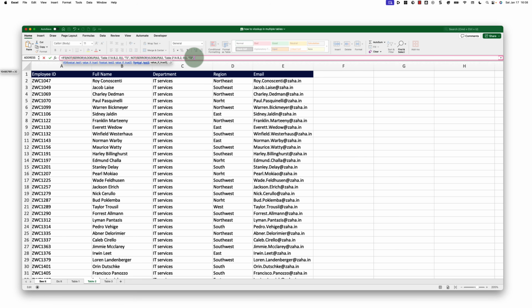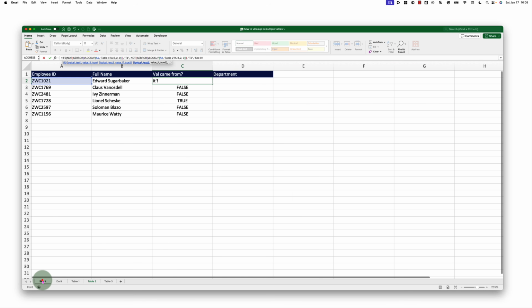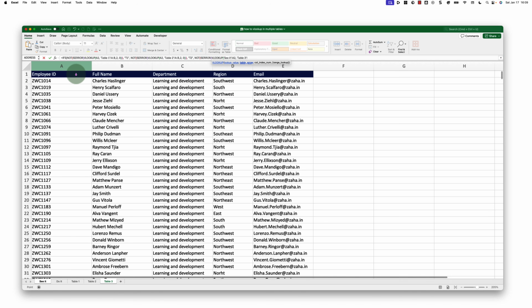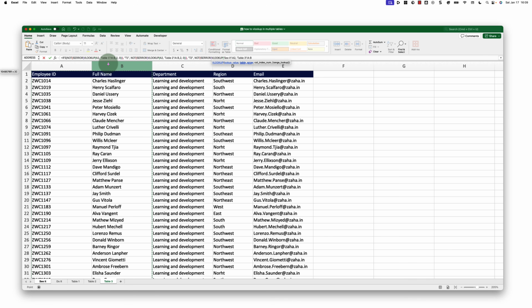Now, if it is not found in T2, what should we do? I'll go ahead and just type in VLookup again. But before VLookup, I need to start with the NOT function, and inside the NOT function, I will say ISERROR of VLookup. Look for the A2 in table 3, because we are done with table 1 and table 2, comma, second column value 0, close the bracket of VLookup, then close the bracket of ISERROR, close the bracket of NOT